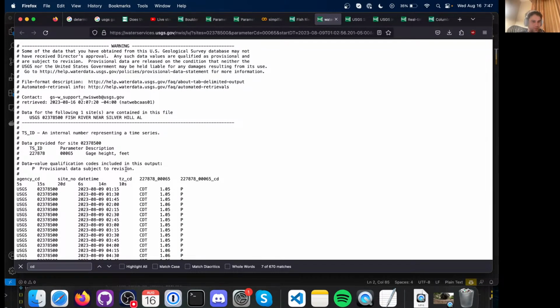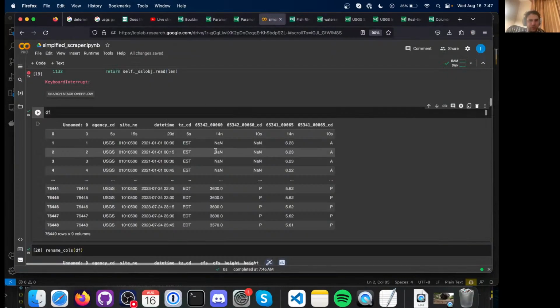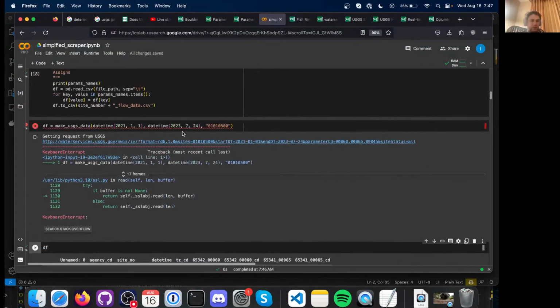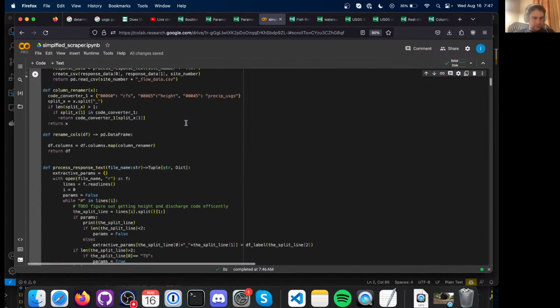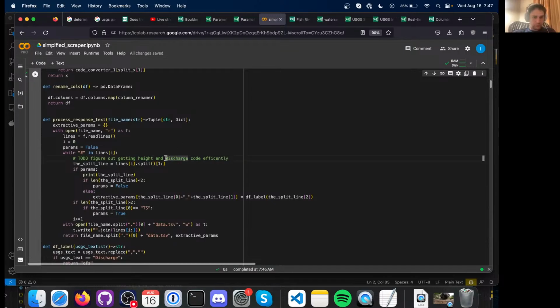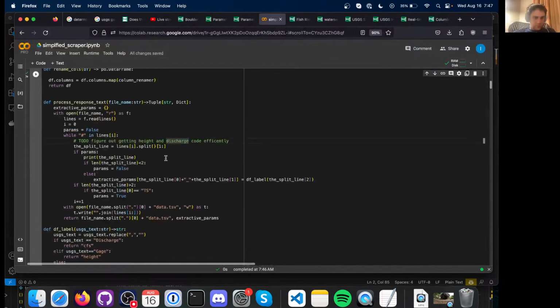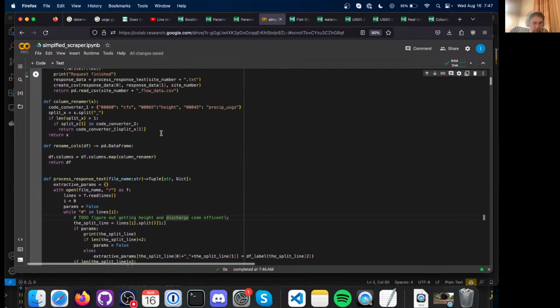Like, see, provisional. It says that all it means is provisional. It's not very useful. Ugh, God. I don't know. May do something like that. Rename. We could try then and CD